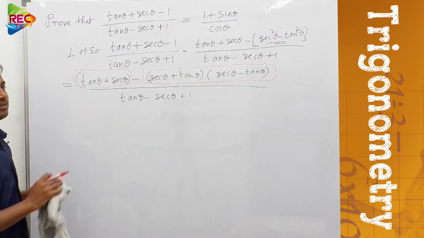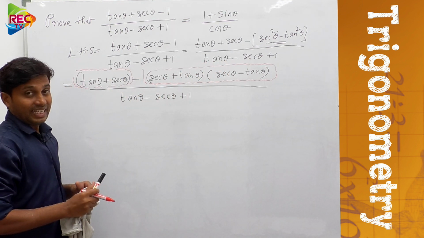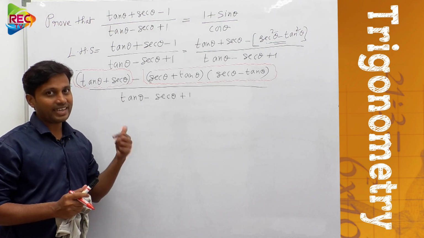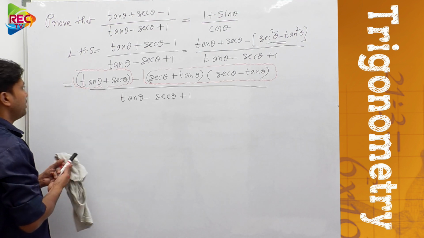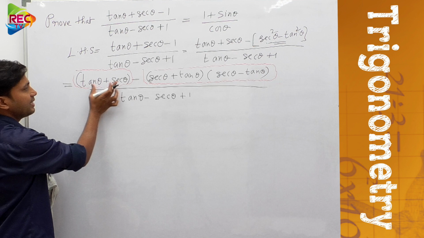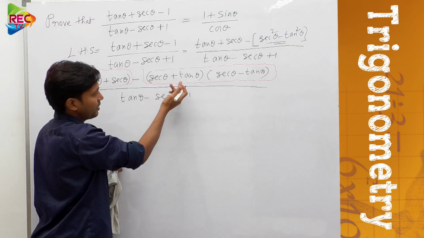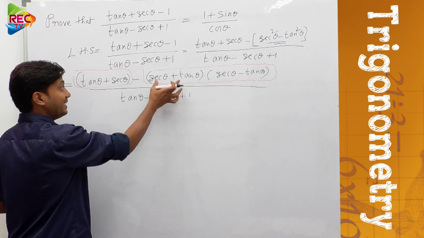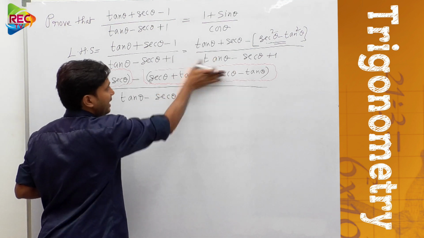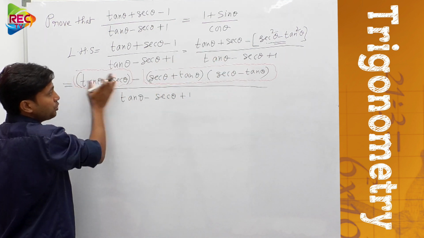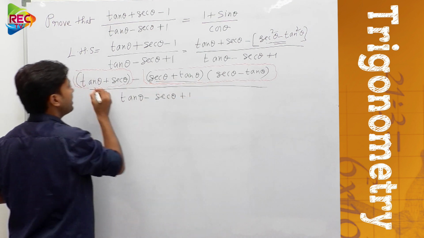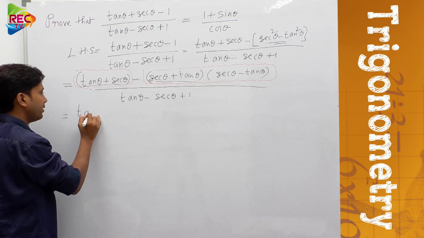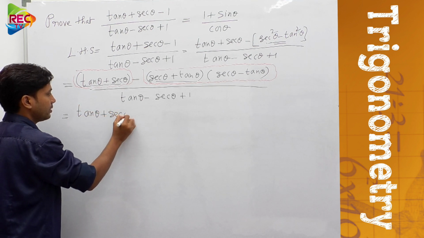Two terms. In those two terms, see whether there is any common factor or not. Exactly. Here the common factor is tan theta plus secant theta. Of course, secant theta plus tan theta or tan theta plus secant theta means the same, no? So therefore we can take it common. This is one term and this entire part is another term. From these two terms, the common factor is secant theta plus tan theta, which can be taken common. Now take it out. Okay, tan theta, secant theta.